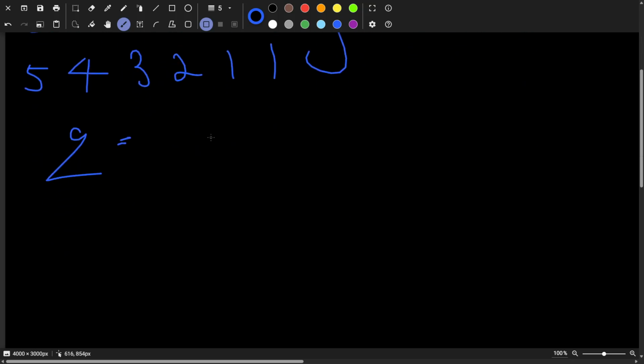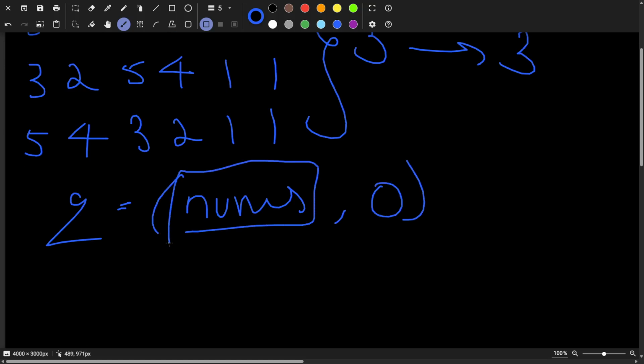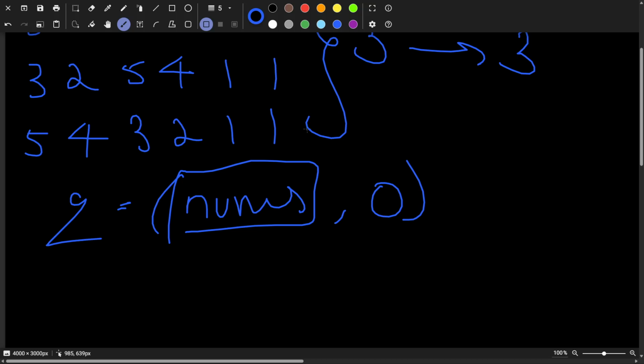Initially, we're going to have the whole input, which is 1, 1, 2, 3, 4, 5, which is the nums. Along with the steps we need to get this nums, right? So initially, we're going to start with 0. So that would be start and then 0. Okay. And then while queue, what we're going to do is